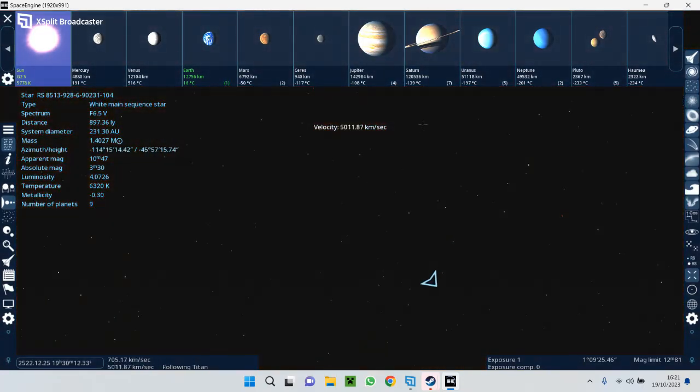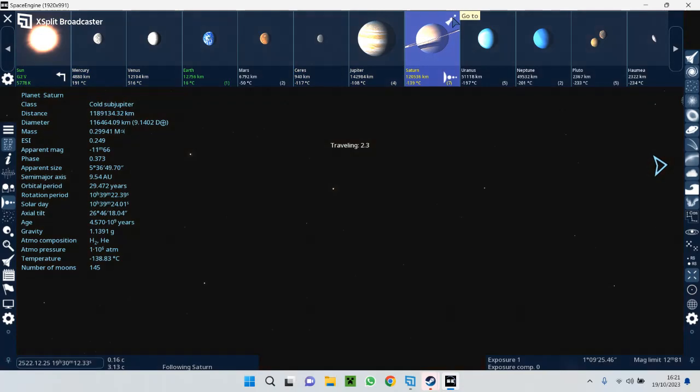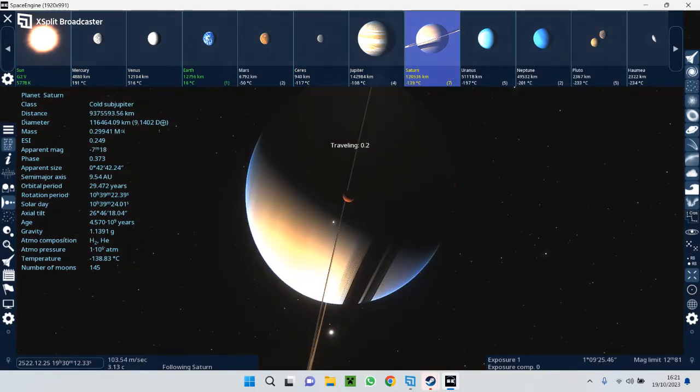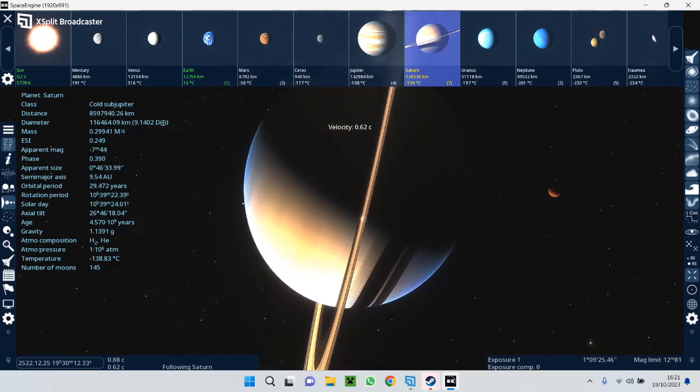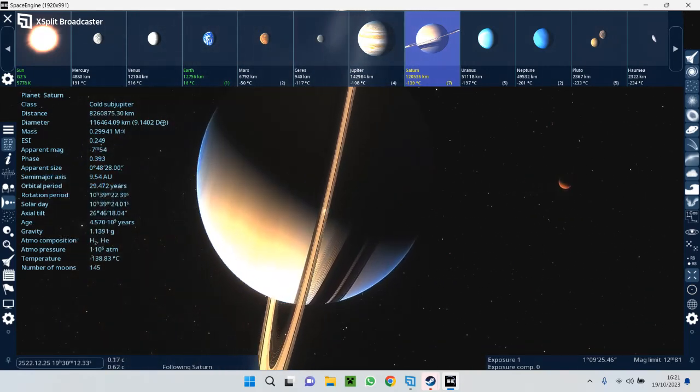Titan. Where am I going now? Oh my god, I travelled very far away from Saturn. I have a lot of velocity this way. What the hell?